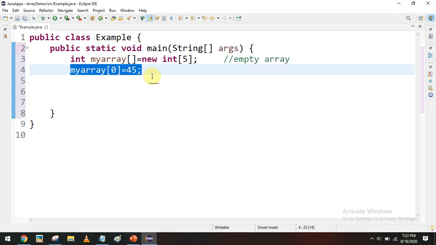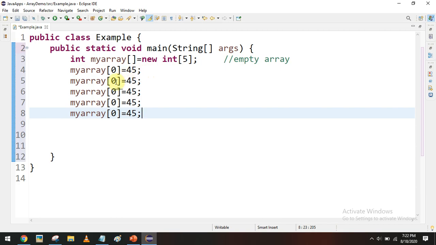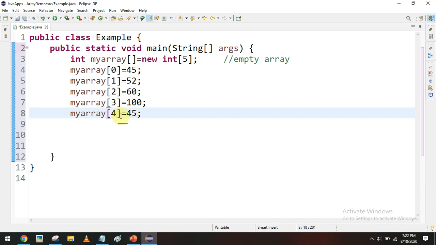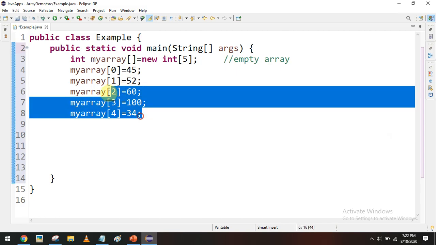I'll just copy this code and place it here. After storing the first location, we can store the next data in the second location, and in the third location another data, 60, and in the fourth location we can store 100. Into the fifth index we can store 34, another data. So this is how we can store data into this array.